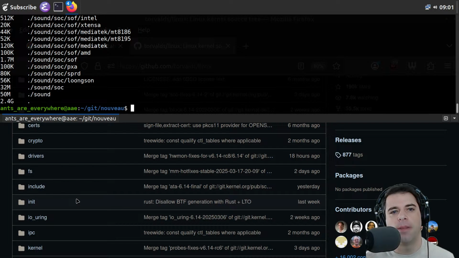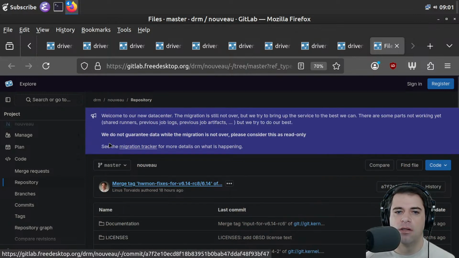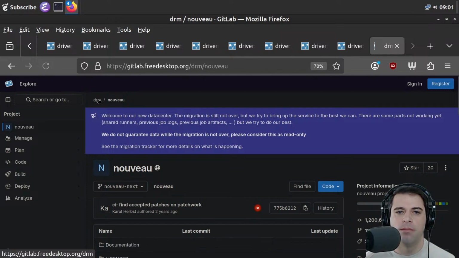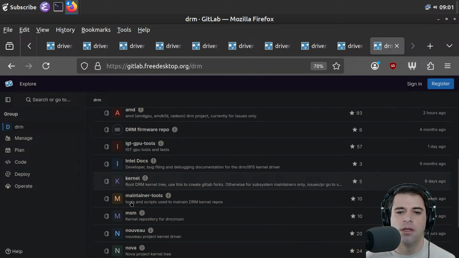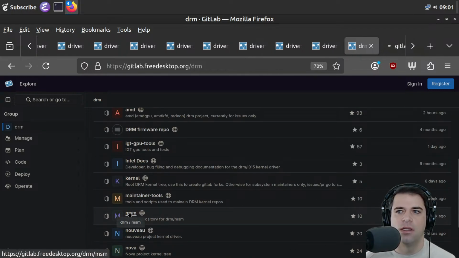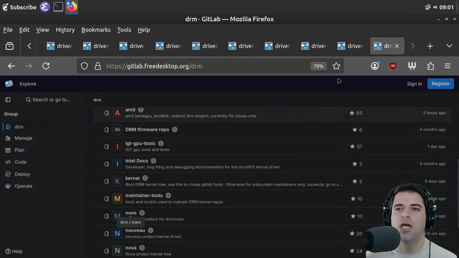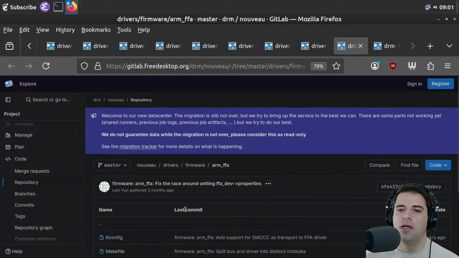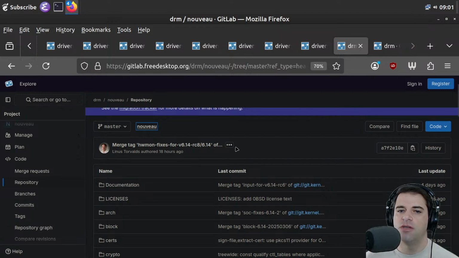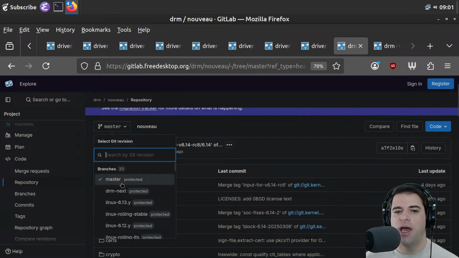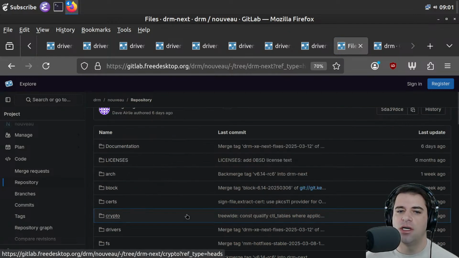How big is this? 2.4 gigs. So what actually is Nouveau in this repo, and why is it here? And what is DRM? This is the kernel graphics development. Are these all forks of Linux? Yeah, possibly. Okay, so I guess what we want to do is, assuming this is just basically a fork of Linux, figure out where the history diverges, unless master is specifically the mainline kernel, and DRM next is just the changes